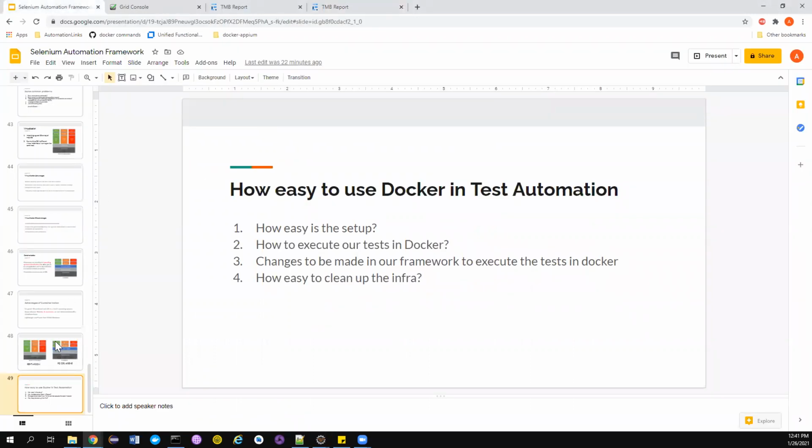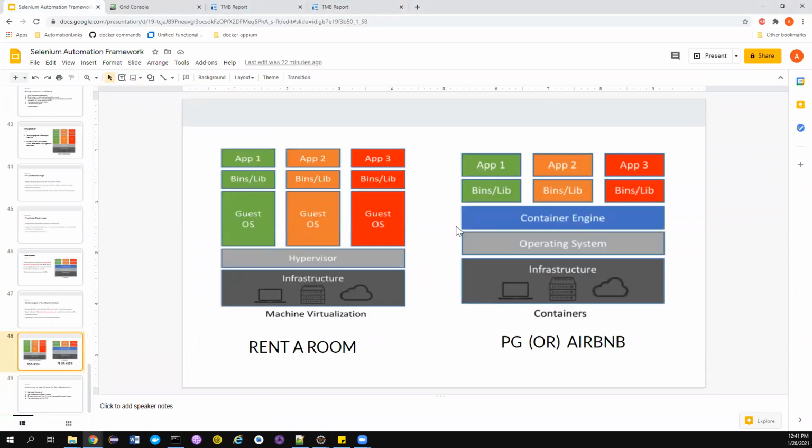Now, since we have learned about virtualization and stuff in the previous video, if you notice, this is our physical laptop. This is my physical laptop, and the operating system is Windows. This is what I have, and the container engine on top of it is Docker. I have installed Docker. We will see how to install Docker in the next video. But imagine whatever things we have created on top, I told you it will be like another laptop, right? But these are all called containers. In technical terms, these are all containers.